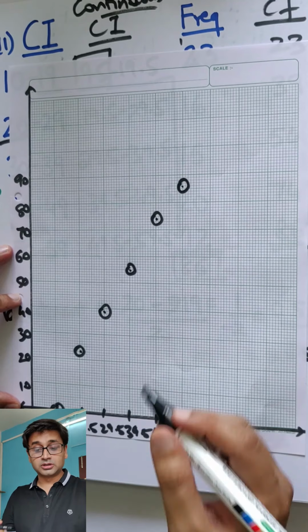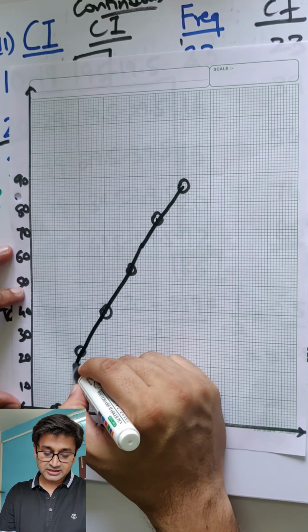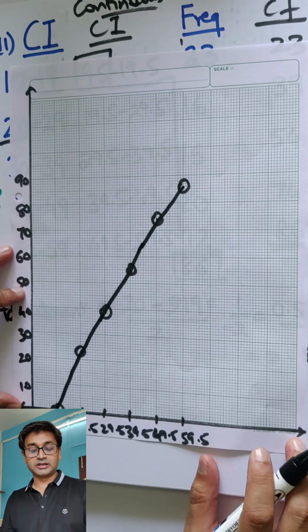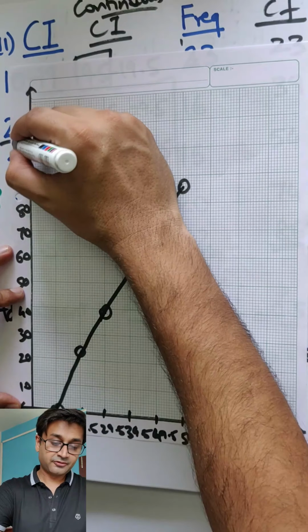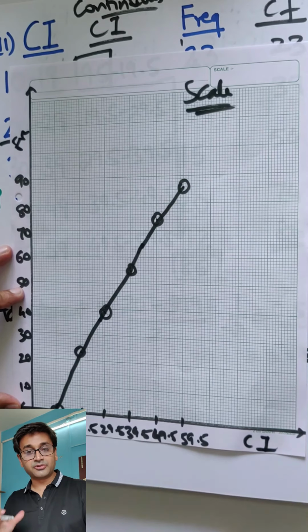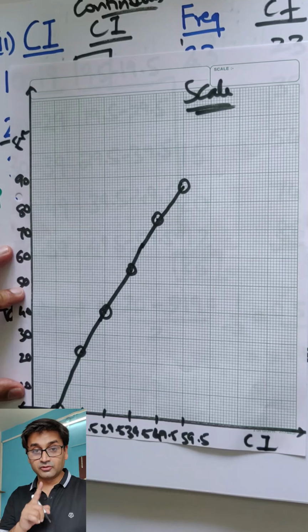And then the smooth curve. Right, in this case the curve possibilities are very less because the numbers are almost straight. Alright, so your curve will look like this. So right over here cumulative, class interval, frequency, and write your scale as well. I am not writing the scale, I am saving my time to make a shorter video, but you are expected to write everything. 1 mark lost.